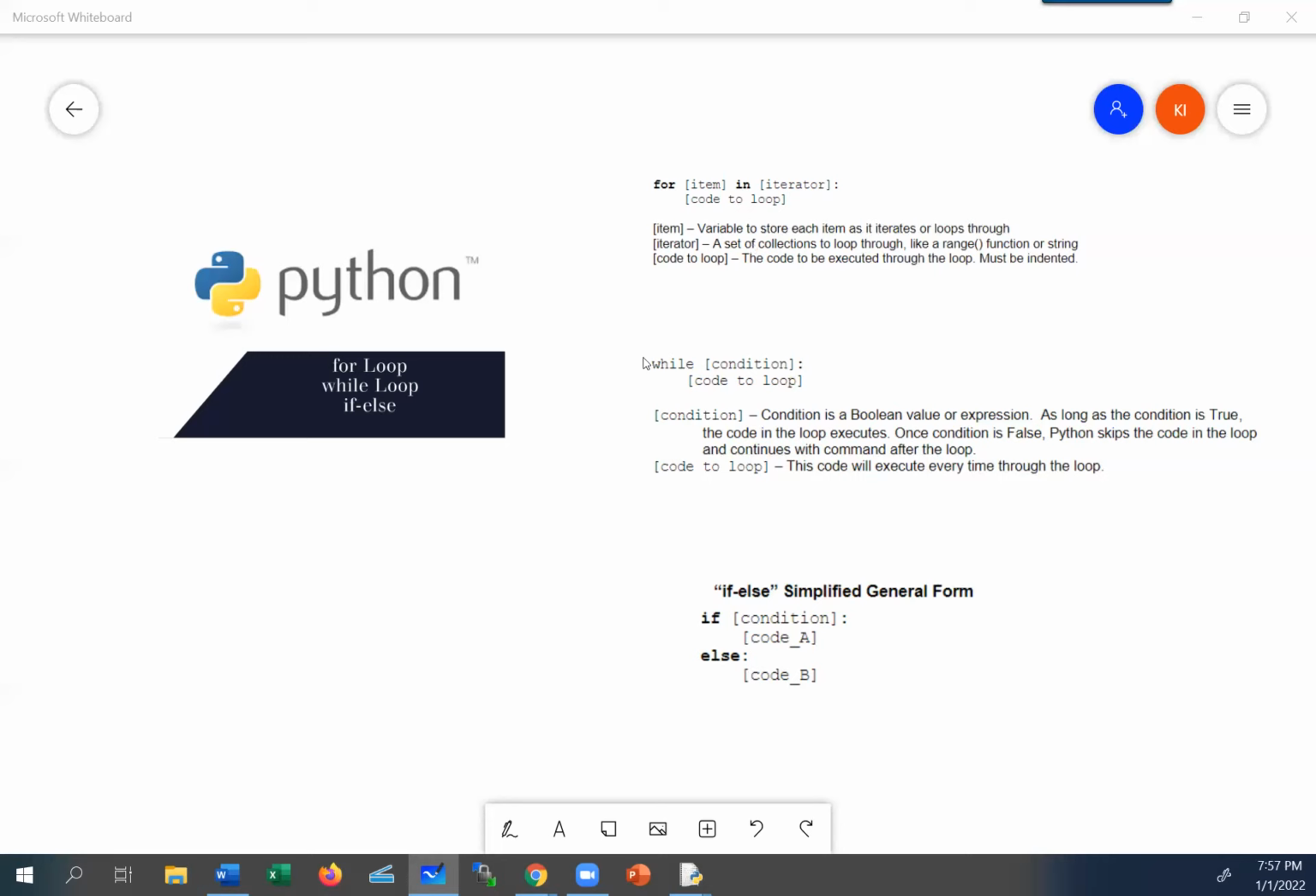The while loop is the more general form of a loop, in which you say, go ahead and execute this loop as long as this particular condition is true, and then it will execute the code as long as the condition is true. If then else is the last construct we're going to introduce,